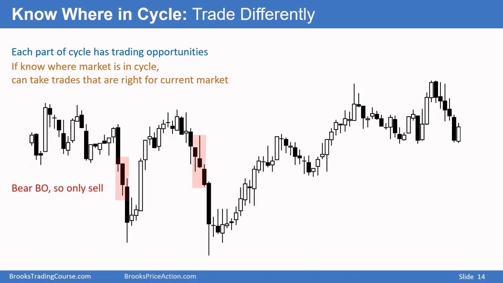Only about 10% of the bars on a chart are in a strong breakout, and 90% of the bars on every chart are either in a trading range or in a channel. Here we got a bull breakout. I'm only interested in buying at that point. And then